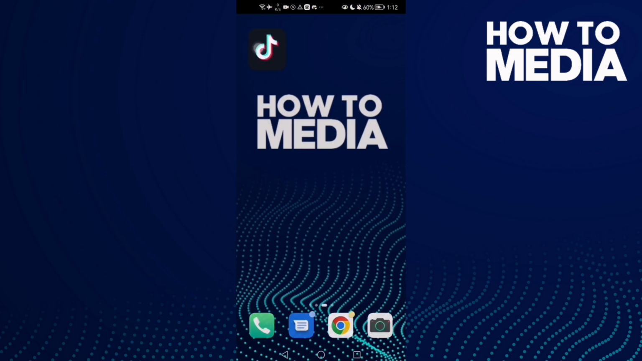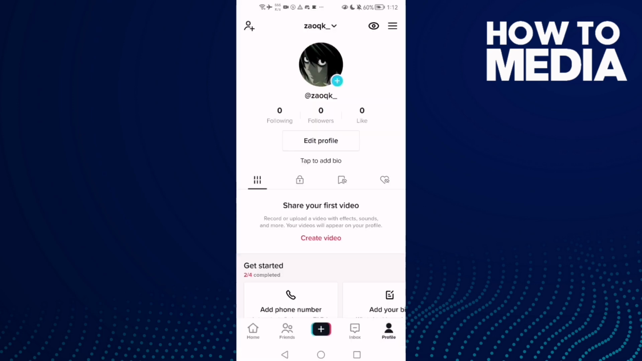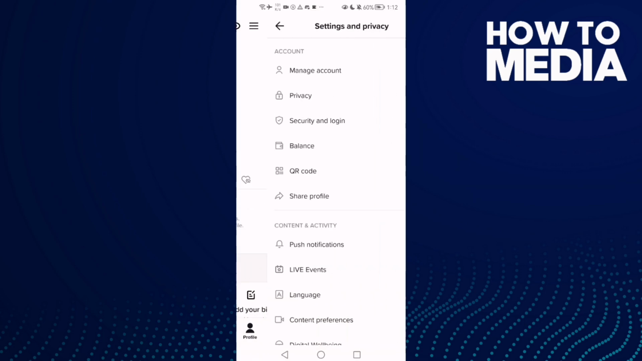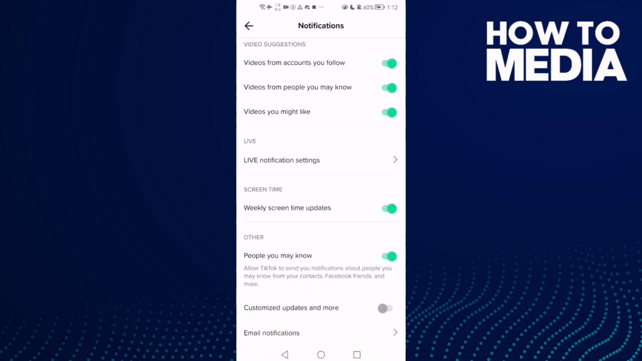First, open TikTok, and here you will find profile. Click on it and then click these three lines in the top corner, and now click settings and privacy, and then click push notifications. Scroll down until you find email notifications. Click on it,